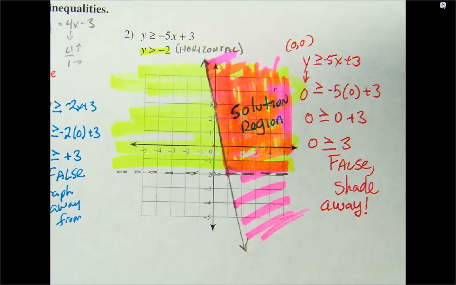That region over here. This one has all the solutions from this line here. This has no solutions. This only has one solution. This is your solution region. So you just need to be able to keep track of it. That's why highlighting is really, really good, where colored pencils are really, really